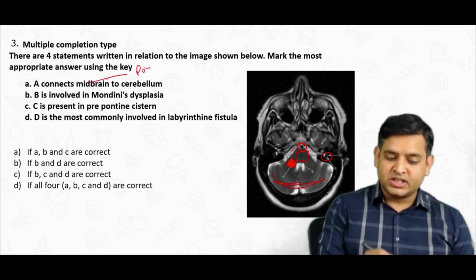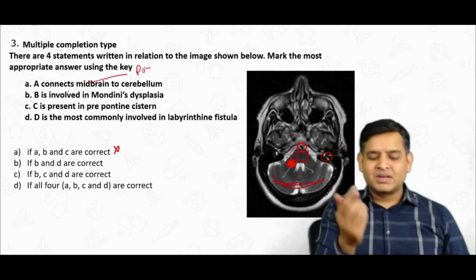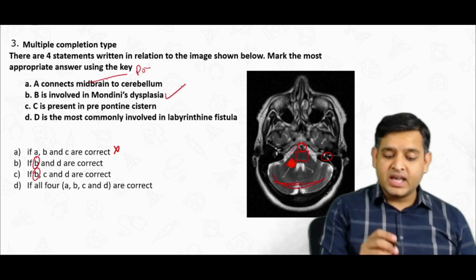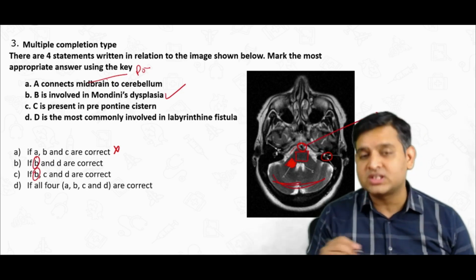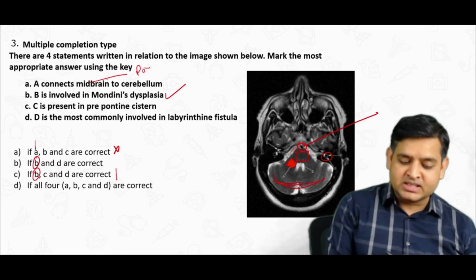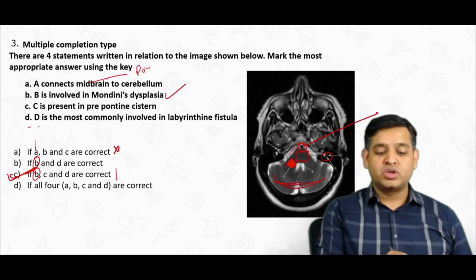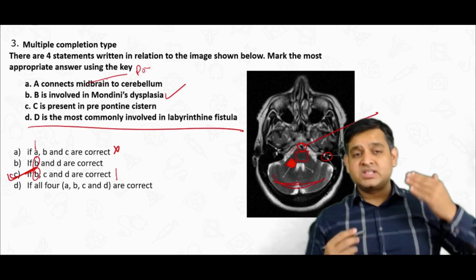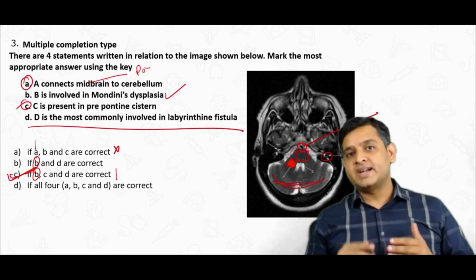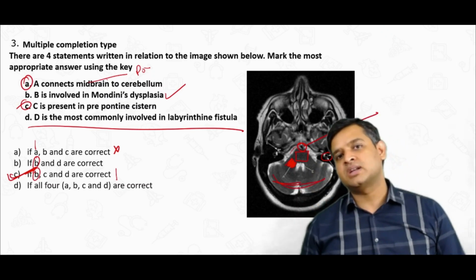But the point to be noted is, A is definitely wrong. B, I am not sure, but that's okay. B is present in all the options, so I'm not bothered. C is present in the prepontine cistern; you definitely know this is a correct statement. So the only option which has minus A and plus C is this. So you are 100% sure that the answer has to be B, C and D. Even if you do not know D, you are sure. So this question was based on whether you know about A and C, which tells you A is wrong and C is correct. That is deciding your correct answer in this question.